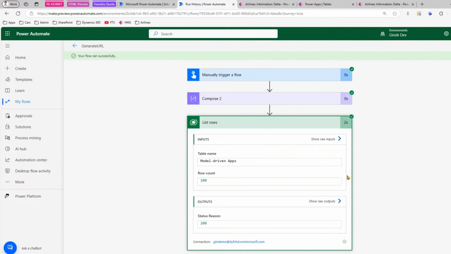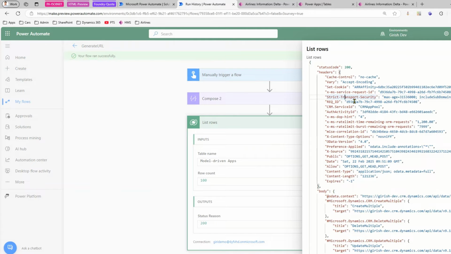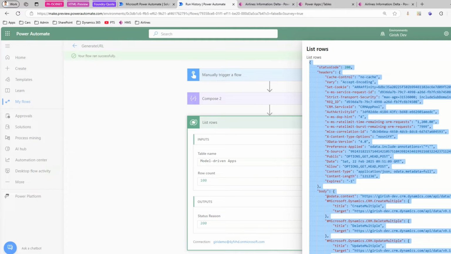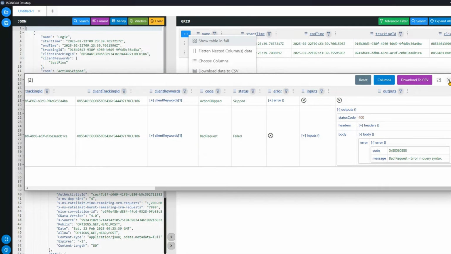Now I have successfully executed this flow. As you see in the output over here, it has given me a JSON. I'm going to open this JSON in a JSON grid desktop,